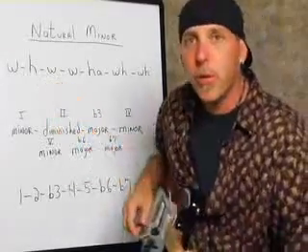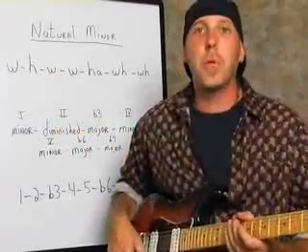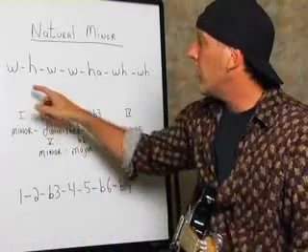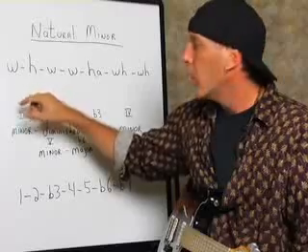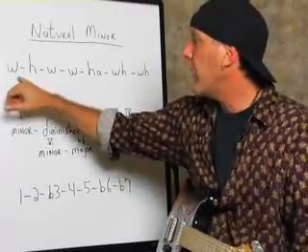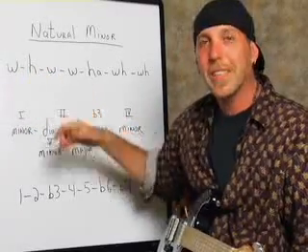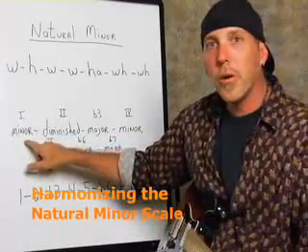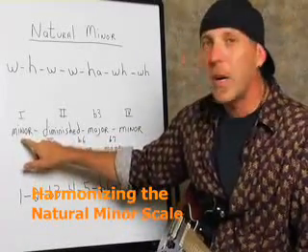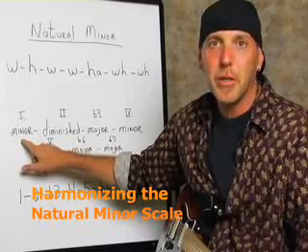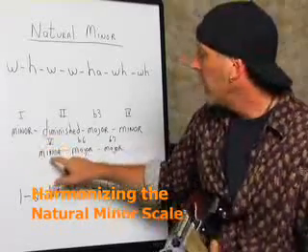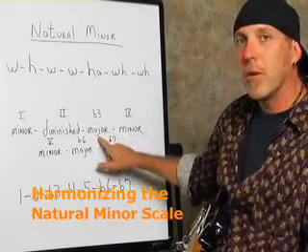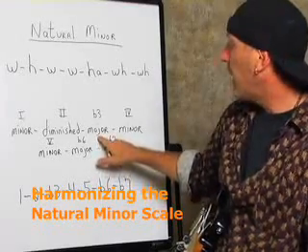Now, if we use the same principles that we did when we built our major scales, there's a different chord indicated for each of these notes, and that's how you start to harmonize the scale. So the first chord in any minor scale will be the minor chord. In this instance, we did the B minor scale, so it would be B minor. And then your second chord is going to be a diminished chord, followed by your major, your flat third, because